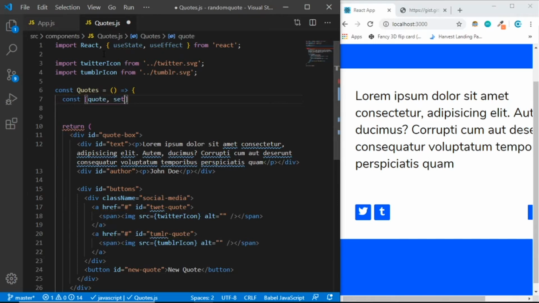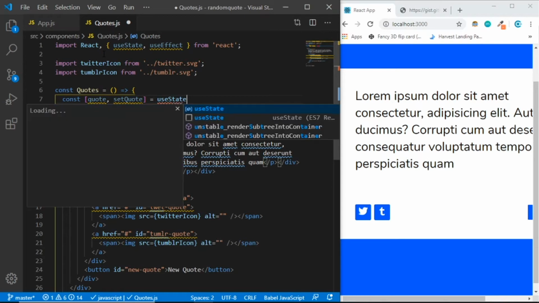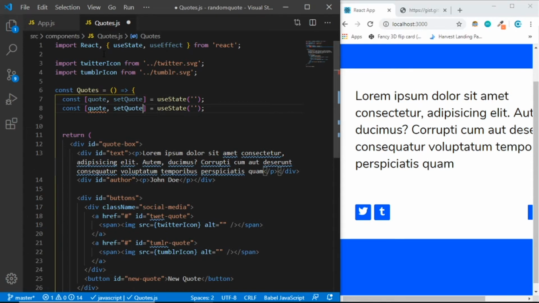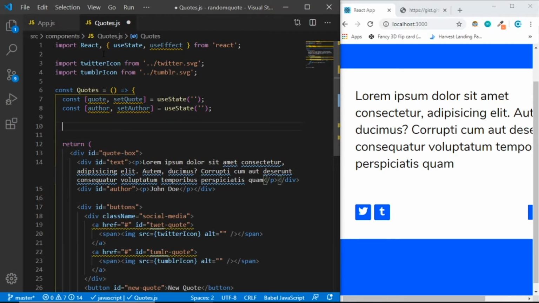and set quote, set that equals to useState, and by default let's just say empty. Copy and paste, and it should be the author, and say set author. So let's create a function called getQuote, set that equals to an arrow function, and inside in here we're gonna